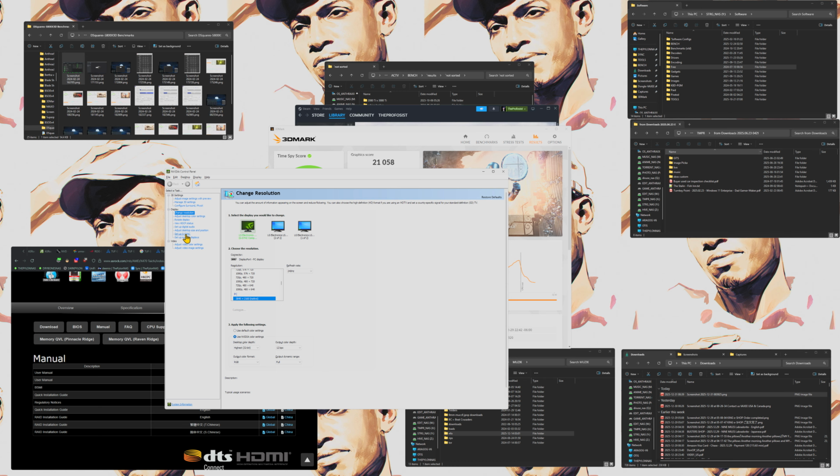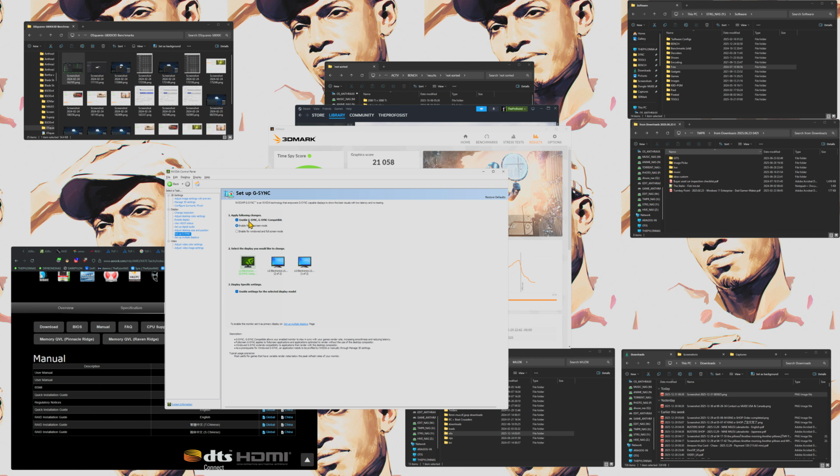The other thing you want to do is go to G-Sync here, on the left side, and enable G-Sync on your compatible displays. That's going to be my LG OLED here. And you want to enable it for full screen and windowed mode. Enable settings for the selected display model, and hit Apply. So now you've got your high refresh rate, you've got your G-Sync enabled,